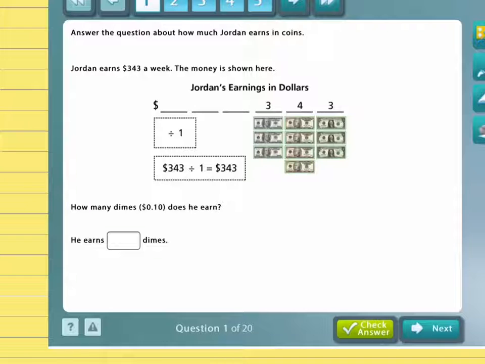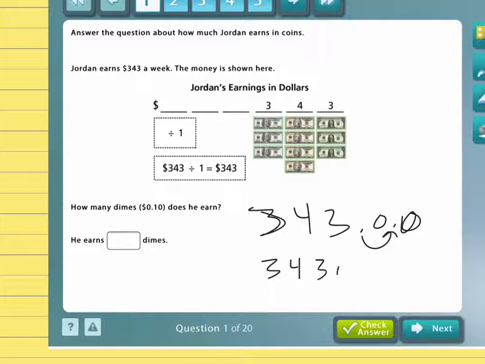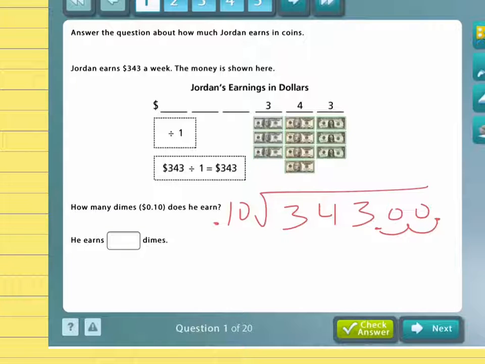What you need to do here is just a decimal shift. So 343.00. Because dimes are 1/10 of a dollar, move that decimal point over one space. You're going to have 3,430 dimes, which is going to be equal to $343. Another way to look at this is if you divide 343 by 10 cents, you're going to create an